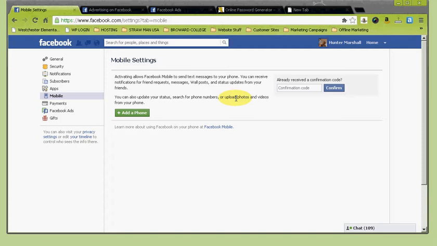So if you add a phone here, that's a very important aspect of your security, because by adding a phone to your account, it's not just attached to a phone number, because you have to do this separately. This isn't when you sign up and you get a phone number. In order to set up the mobile settings, you actually have to send a text and sign up for this. So when you add the phone, it's very important that if you lose that phone or you change phones for whatever reason, maybe you gave your phone to a friend or a coworker who needed a phone, you donated it,